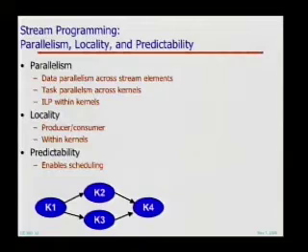First of all, these streams expose data parallelism. The data set is usually large. It's typically many millions of cells. And so you have all the data parallelism you could possibly want to keep all of your many hundreds of ALUs per chip busy. The next level of parallelism is what we call task parallelism.